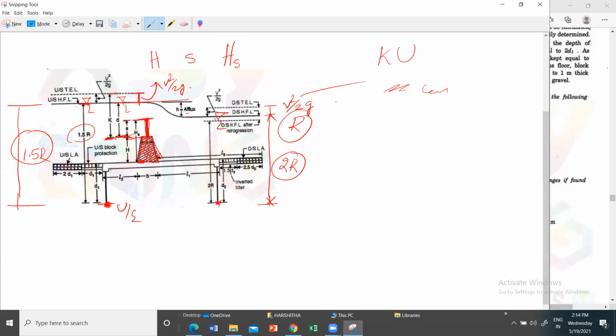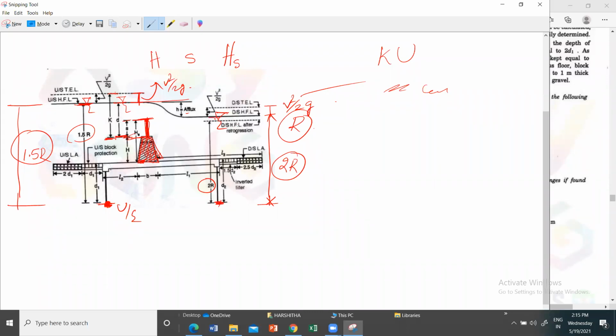So from the upstream side high flood level to the bottom of the sheet pile, the foundation of the upstream side cutoff wall or sheet pile, will be 1.5 times R, where R is the regime's scour depth. If you want to calculate the bottom of the downstream side sheet pile, or its foundation, it will be 2 times R from the